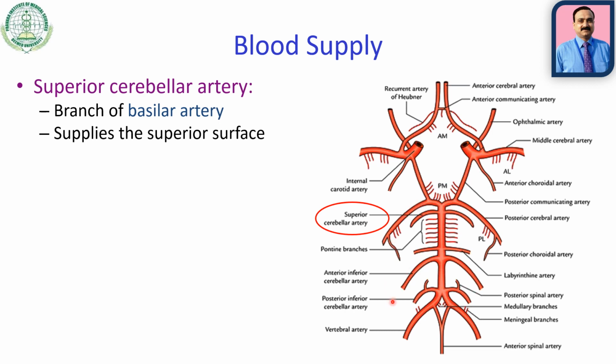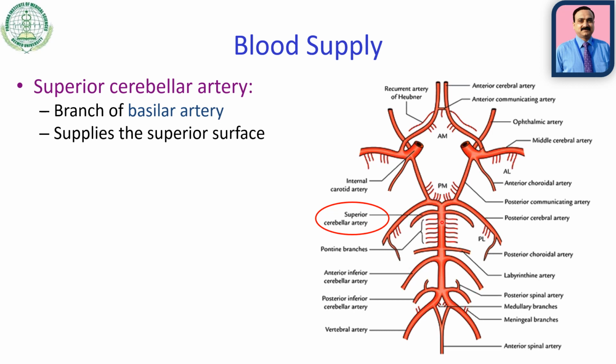So these are different branches of basilar artery. Here this is internal carotid artery and its branches. So together they form a pentagon called circle of Willis. Out of these sets, we are concerned with this part which supplies the cerebellum. So this is superior cerebellar artery,